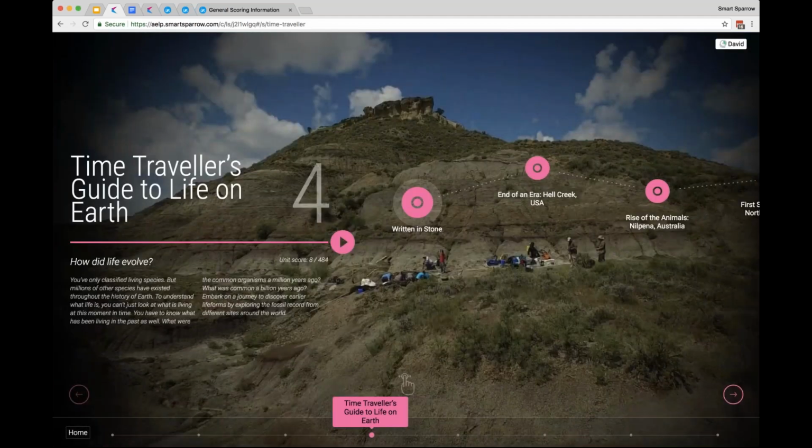The fourth unit is a look at deep time or geological time. The penny drop moment here for students should be that for a very long time, life was microbial, very, very small. So that something very small should bind all life. And that's their introduction to the cell. I'll show you very quickly